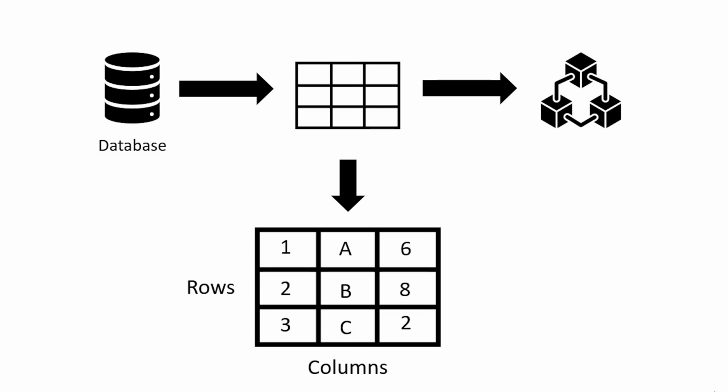Our table has 3 columns and 3 rows. The first row contains a 1, an A, and a 6. And the first 3 numbers in our first column are a 1, 2, and a 3. We define each column based on what will be stored in that column. In our example, we have 2 columns of numbers and 1 of text. When we create that table, create is the term used actually, we use structures that are going to hold that